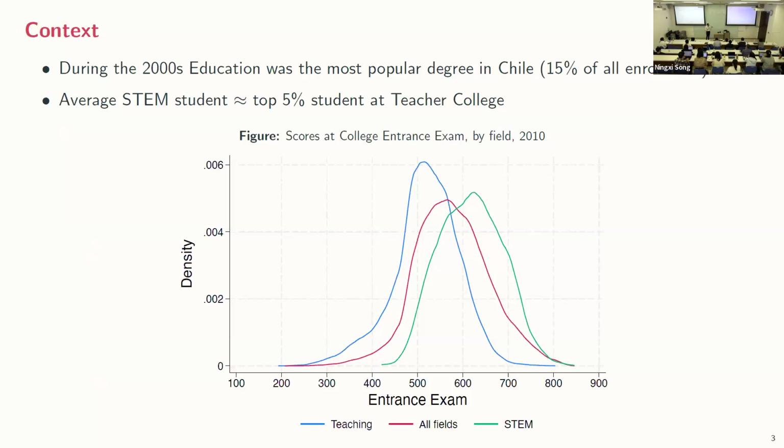Now, let me give you some context. During the 2000s, there was an oversupply of students enrolled at teacher colleges, but they had a problem of quality. If you were an average student in a STEM degree, you would be a top 5% student at a teacher college. You can see there the distributions of students at teacher colleges, at any program, and STEM. So they have too many students, but they have a problem with quality. That's why the government wants to